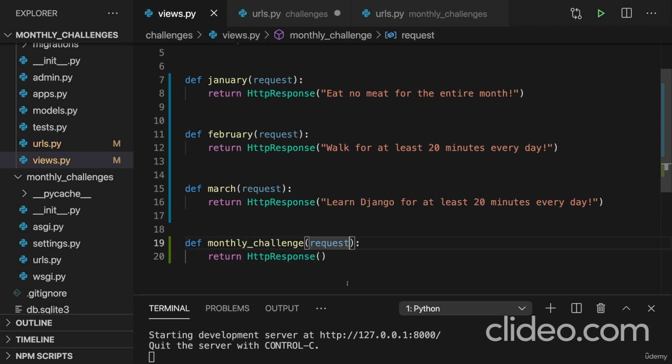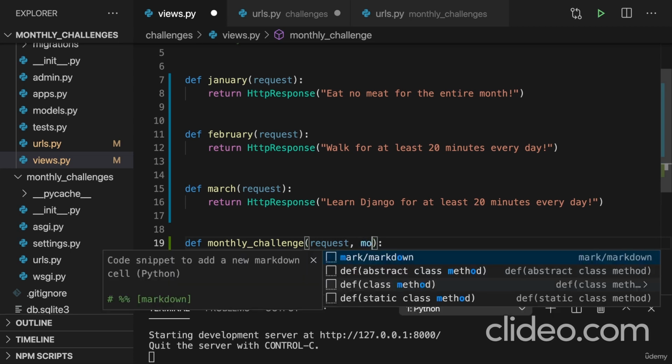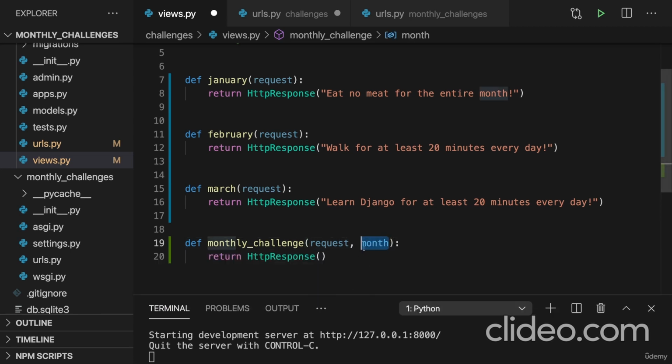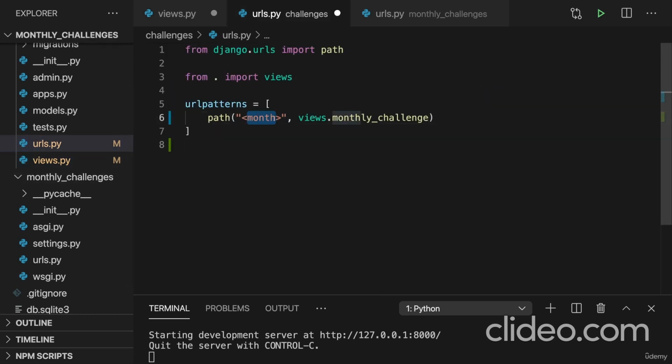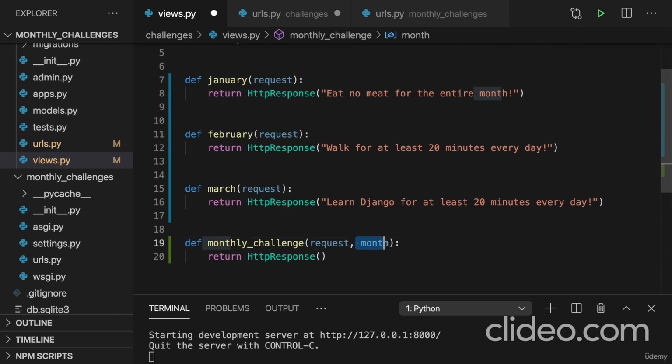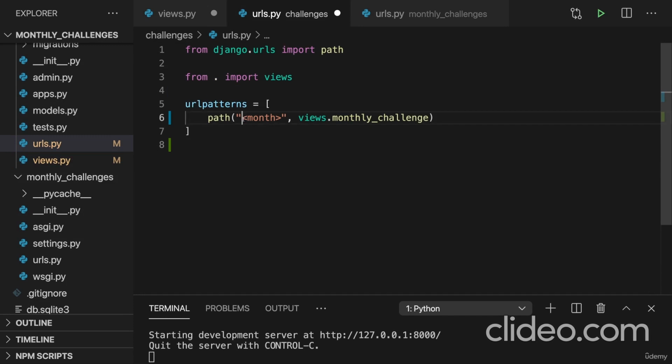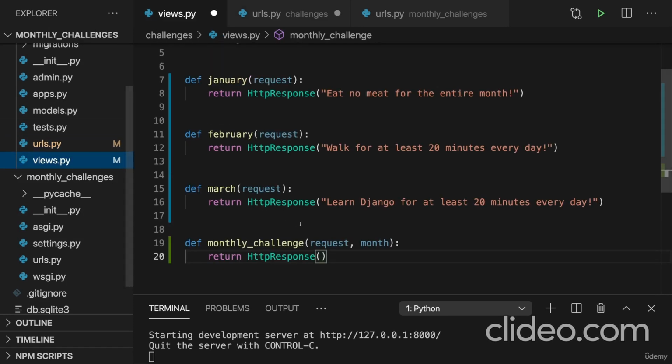So therefore, Django conveniently offers us a second argument which we receive here. And that's the month argument. It's month, and it's written exactly like this because I picked month as an identifier between the angle brackets. If you used a different identifier here, like just M or whatever, then you would have to use that different identifier here as an argument name. Because Django will pass in the concrete value, which is set here on the path, as a keyword argument to